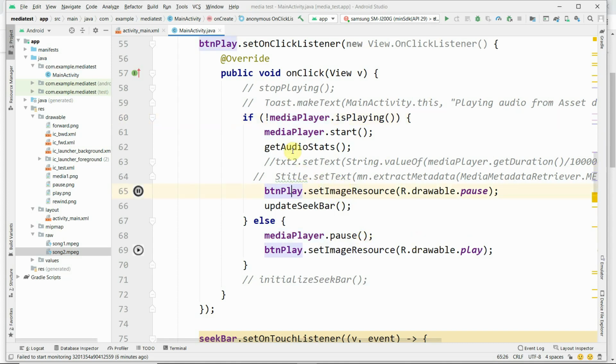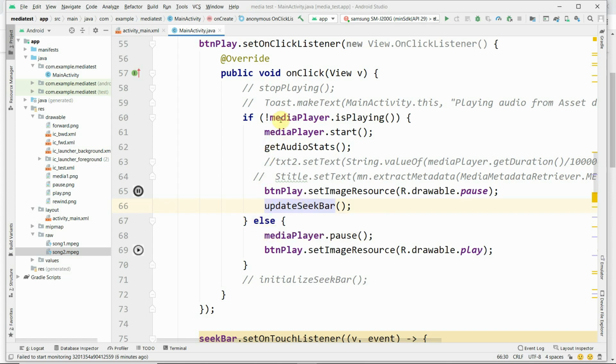Therefore, inside this method, if the media player is playing, the button image is set to pause. Then update seek bar. Whatever position the media is playing, the seek bar has to be updated by calling the updateSeekBar function. This is a user defined function.